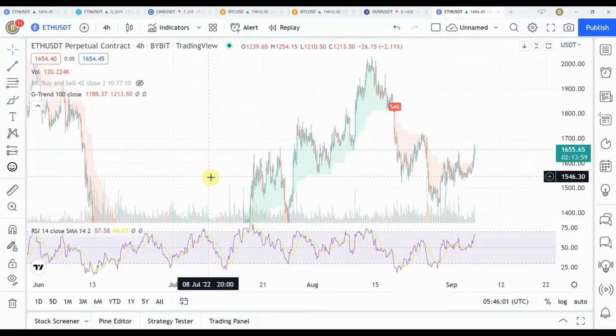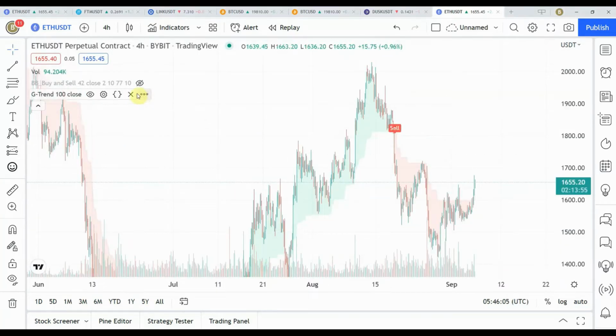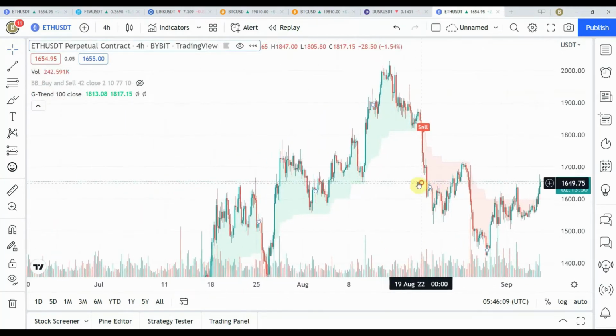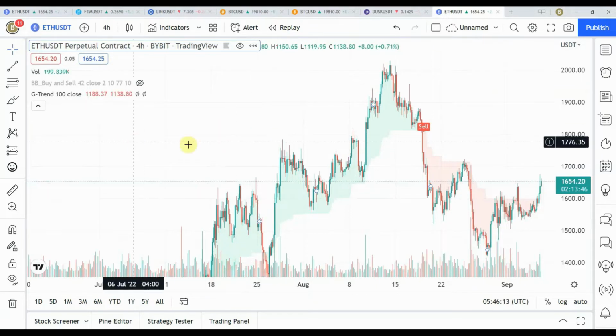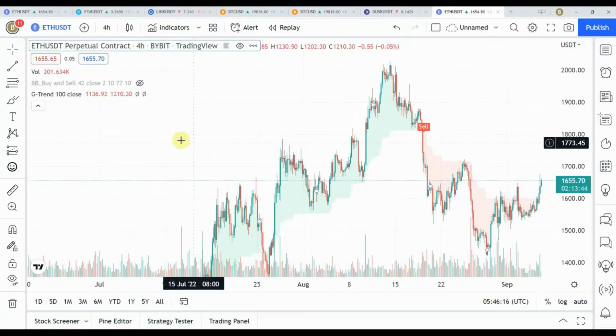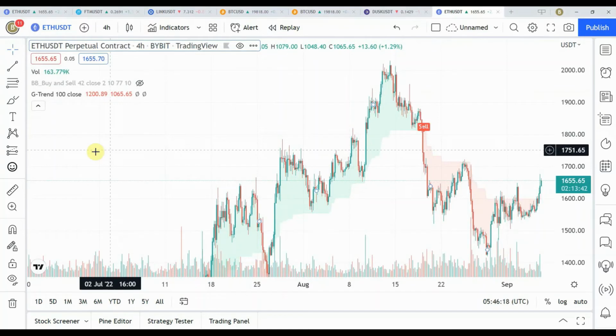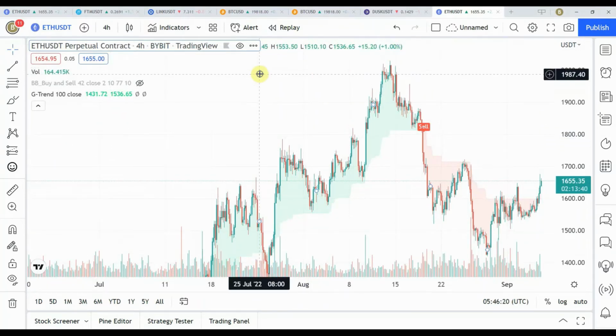Now if you want to clear these lines, first of all I have to remove all these indicators, and so this is my chart, and I want this chart to be plain. I want it to be plain so that I can analyze anything I want to analyze. So first of all, you just